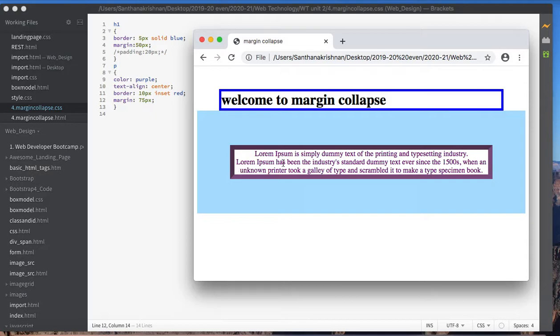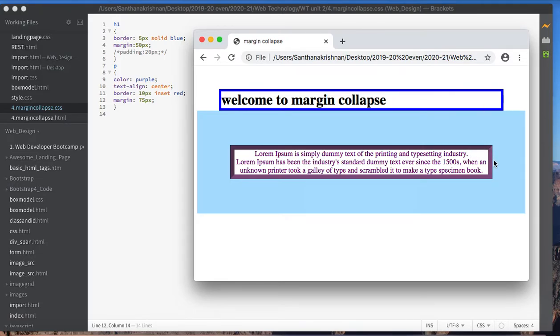In the paragraph, the contents are text aligned center, the color is purple, and the border is 10 pixels. You can differentiate the border of 10 pixels and 5 pixels. And inset means, I think you can see the difference between this border and this border, is it not?